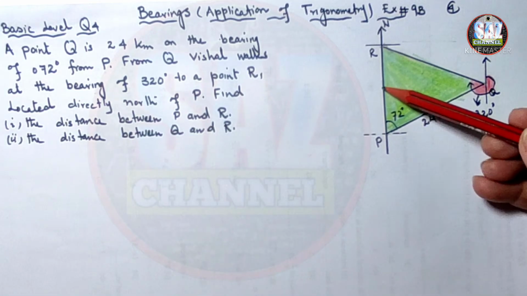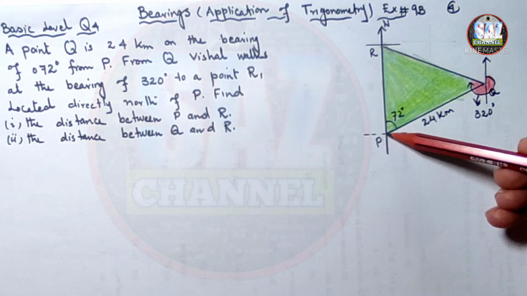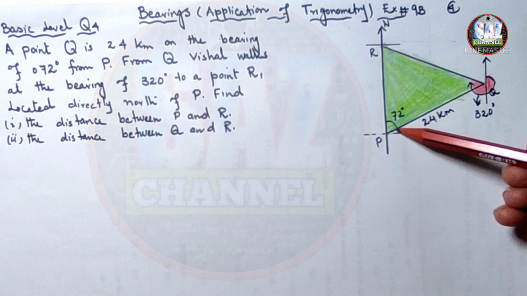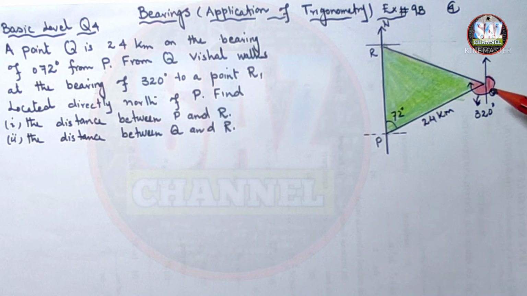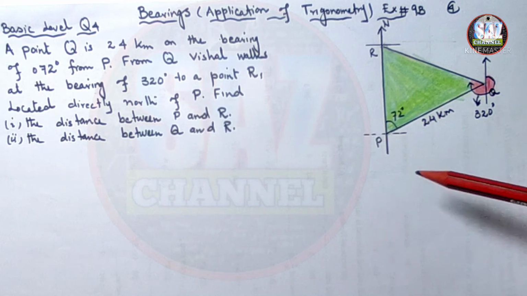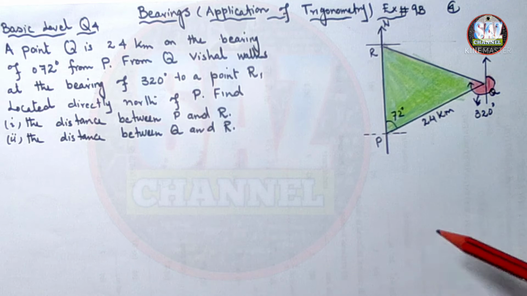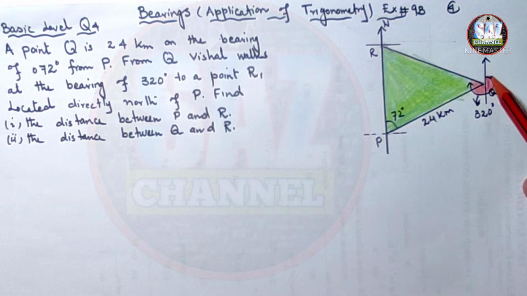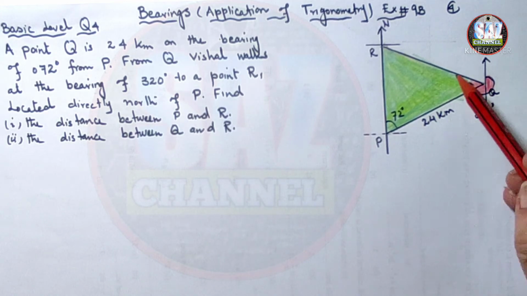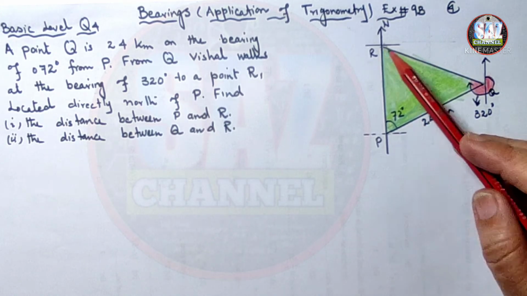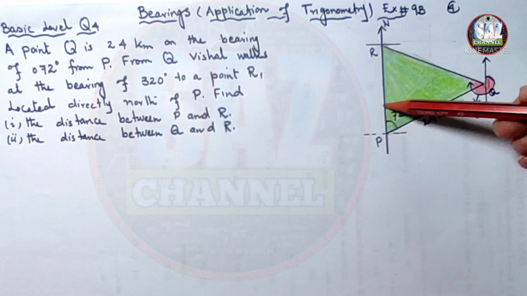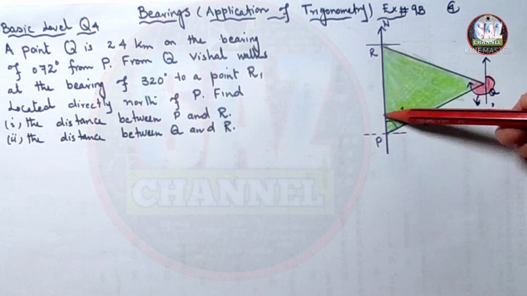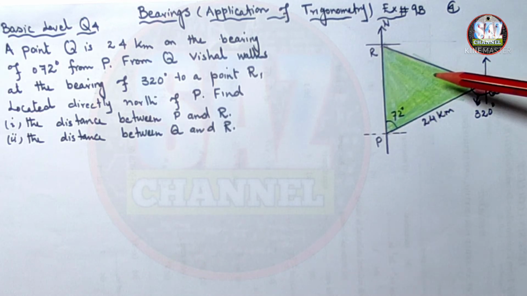It means that P is on the north, and from point P a person starts a movement at the bearing of 072 degrees, and point Q is 24 kilometers away from point P. From point Q he takes a turn of 320 degrees towards point R, and R is located directly north of P. It means that P and R both are on the north, and then we have to find the distance PR